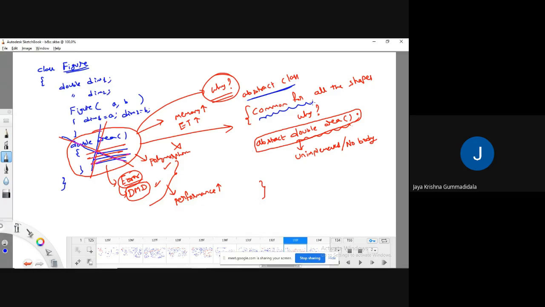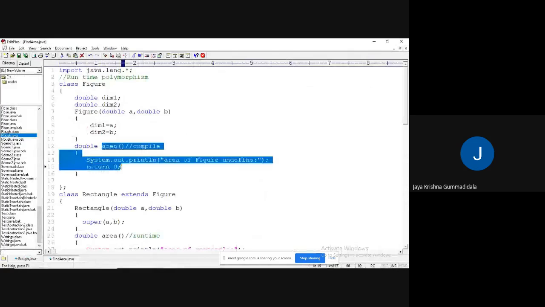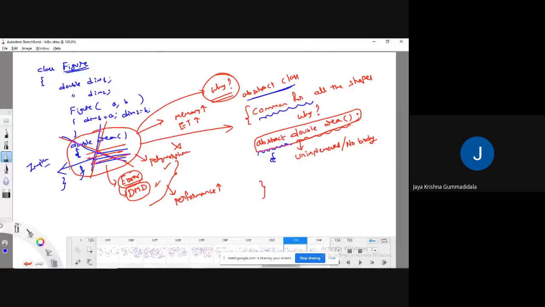I mean, we have to identify the methods which are common for all the classes, and I am going to define it as abstract, so that I no need to implement that. Right, guys? Why am I saying that I no need to implement? Even though I have implemented this area method, there is no use of that area of figure definition. So even though there is an implementation, there is no use of it. Instead of that, why would you define it? Because of that reason, I will go for making it abstract.